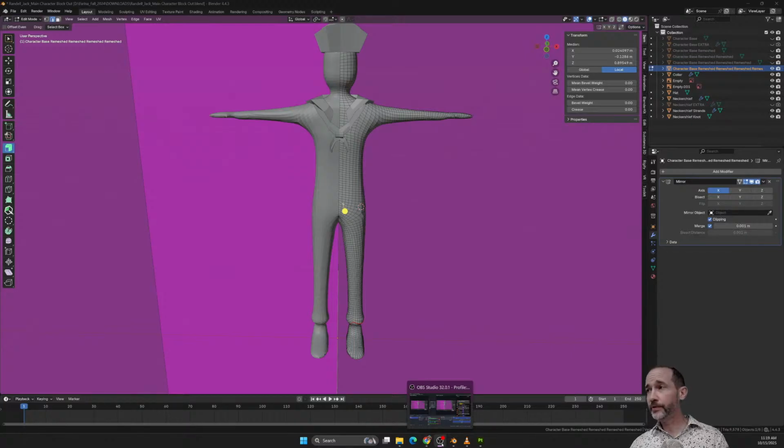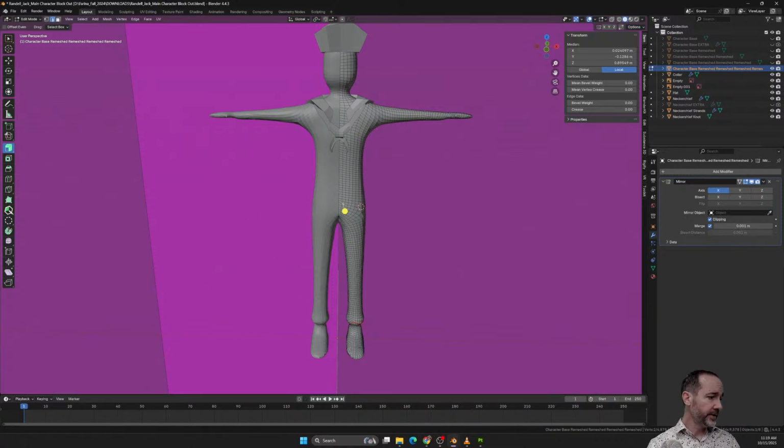Sound good? These are cool characters. I think this is coming along really well. Awesome. And we are